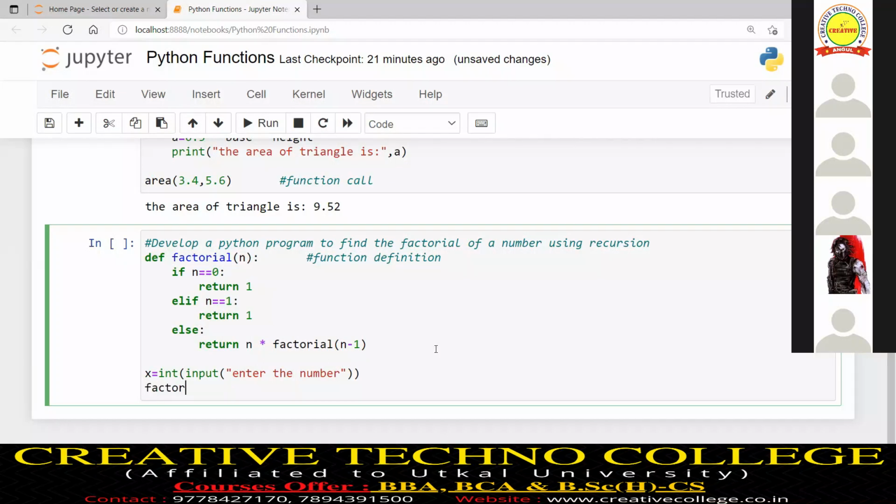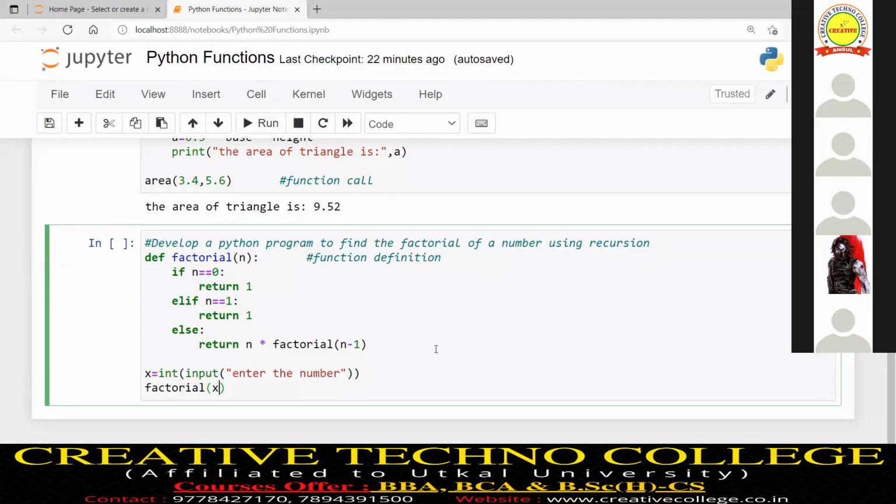I will write factorial of x. This is function call. That means at the time of function call, whatever you take as the argument, that is called actual argument. So we can say x is an actual argument and n is formal argument. And here in function context, actual argument equals the formal argument.